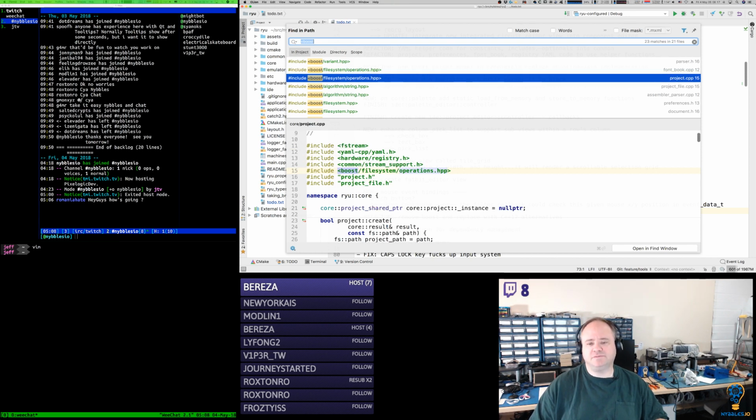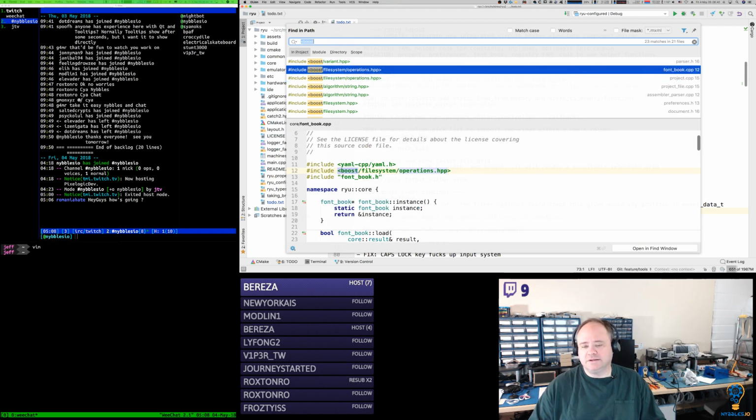There is a file system implementation in 17, and I did eyeball that, and that one looks like it's mostly aligned with what Boost has to offer there. So it has a path and it has exists and create directories and all that stuff.